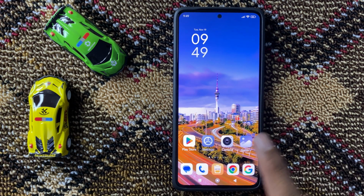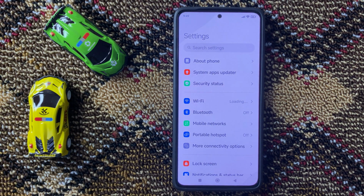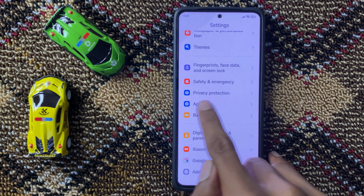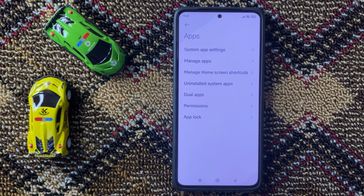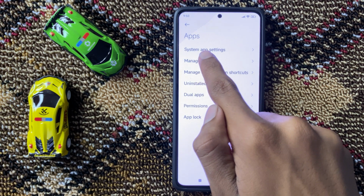First of all, open settings and then scroll down and click on apps. After clicking on apps, then you can see the option manage apps. Now click on it